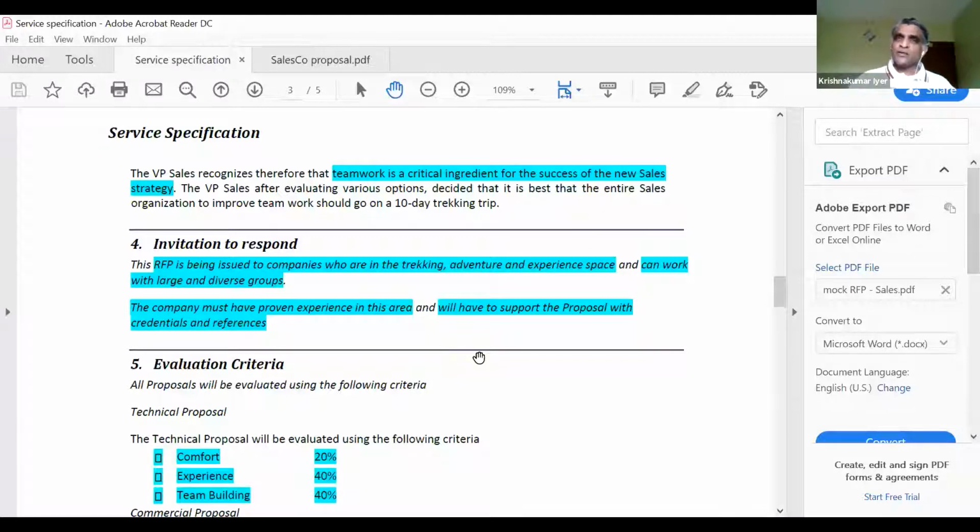So you don't have to worry too much about having a very watertight definition of what an issue is. Just focus on what that sentence is saying, and is that a phrase that is of interest to you, in which case you want to record it as an issue. And that's exactly what I've done as part of this exercise. So once again, read through the RFP, identify issues of interest, highlight them so that you know that's something which you need to pick up as part of the second stage, right?